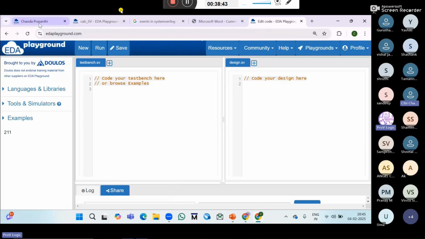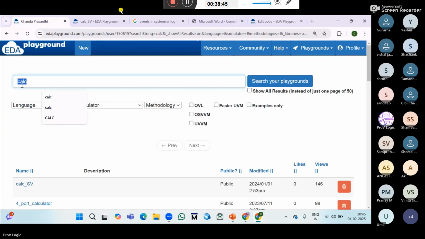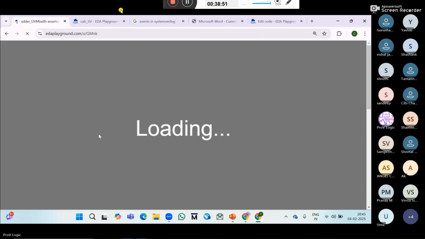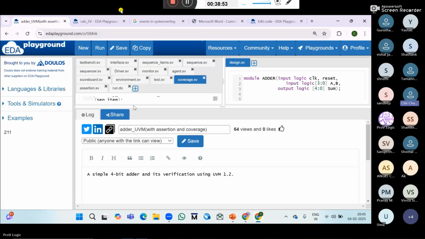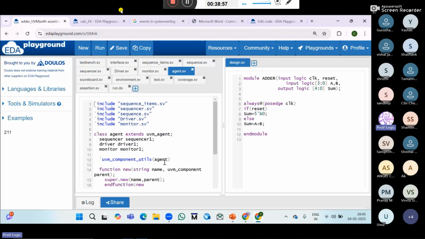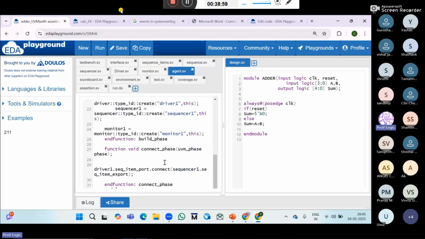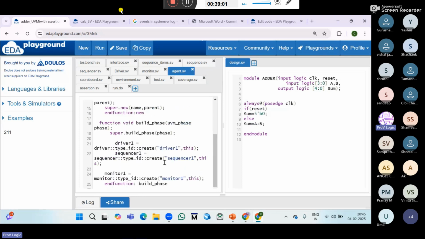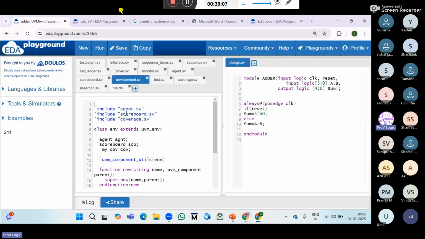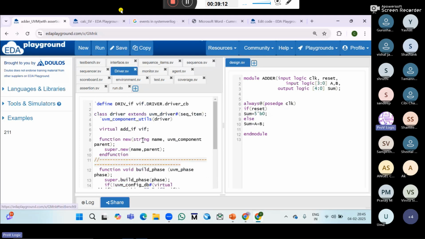First of all, in which block do we write the build phase? In the agent we build the top level, which is the agent for the driver, sequencer, and monitor. So here we will write the build phase, and the environment is also a top level for the agent, scoreboard, and coverage. So there we will write the build phase,